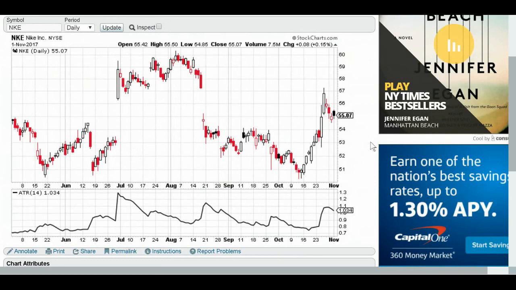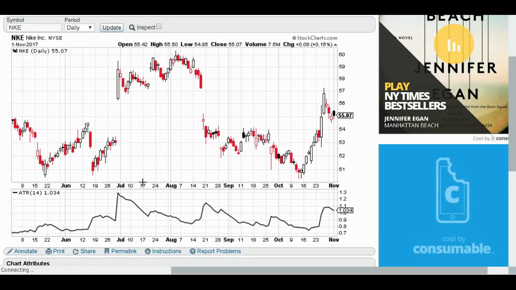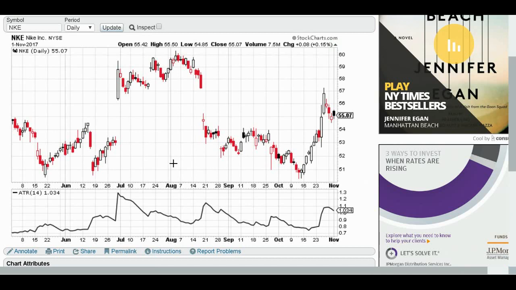Some people use the average true range to indicate that there's strength or conviction behind a move. But personally, I think that a better indicator for that in many cases would be just volume. Just put the volume up on the chart and use that to indicate that there is in fact strength or conviction behind a move, or lack of it, as opposed to average true range. Although, if you do use average true range as a conviction indicator successfully, that's fine. I'm not against it. I just prefer to use volume for that.